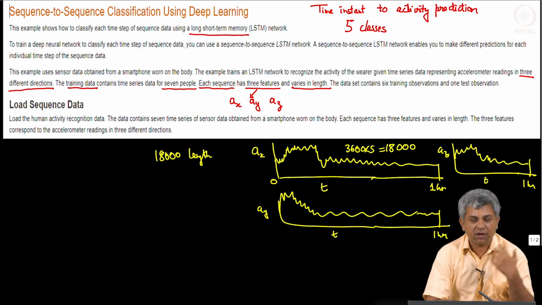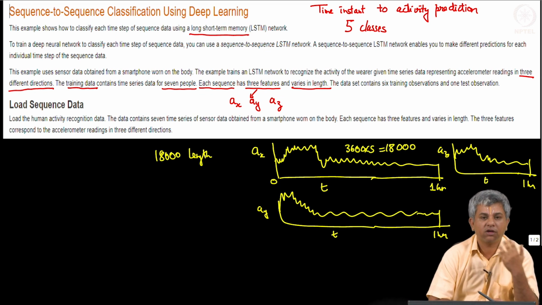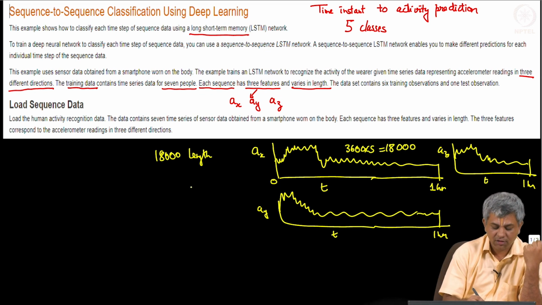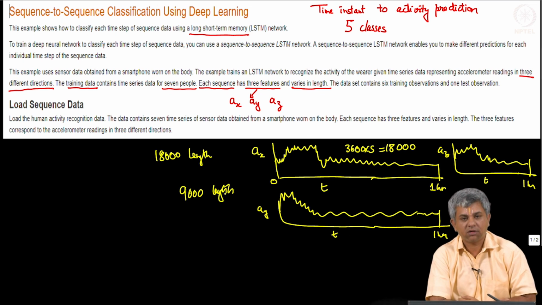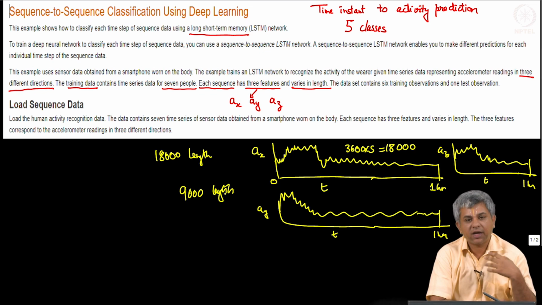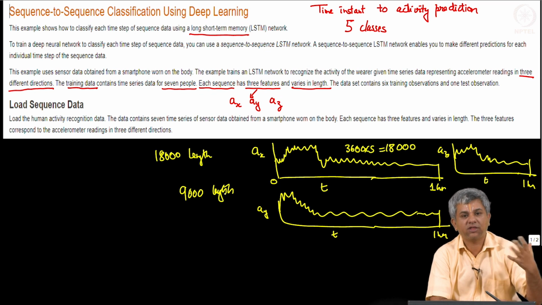Now, some other person, let us say you are wearing this, but you might not wear it for 1 hour, you are wearing it for 30 minutes. In that case, your sequence length will be 9,000. Somebody else wears it for something else. Okay. So, let us say that person wears it for 2 hours and that person's length is going to be